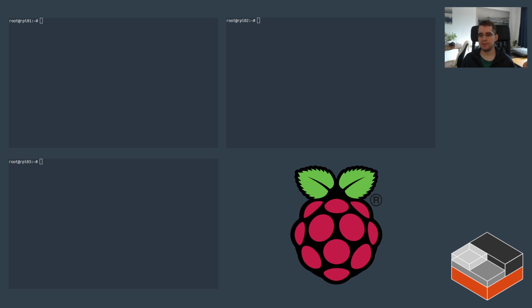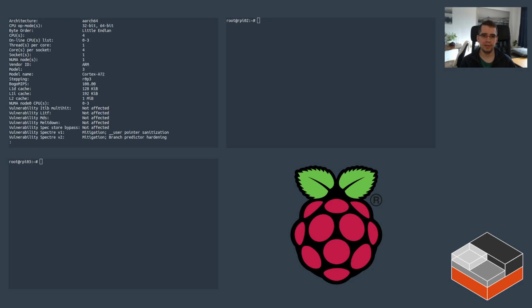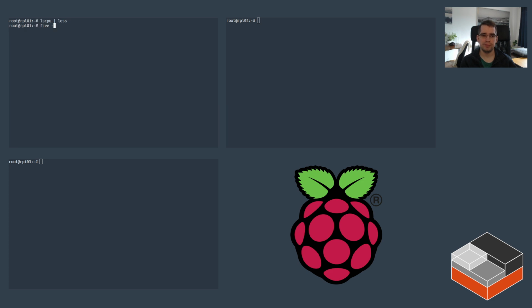As you can see on the screen, I've got 3 Raspberry Pis here, all of which are Raspberry Pi 4s, 8 gig models. That means they're quad-core ARM64 CPUs with 8 gigs of RAM. They cost about $75 a piece, on top of which you should plan on adding USB power supply cost,